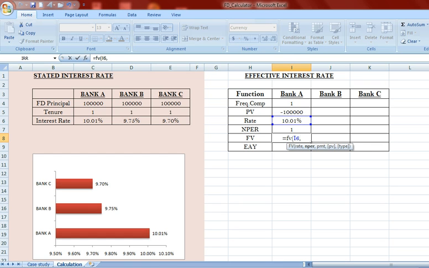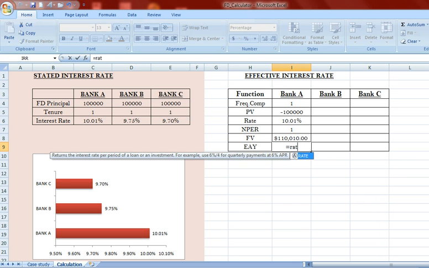10.01%. NPER is 1. We don't have any PMT. The present value is the initial amount which is invested into the fixed deposit. So your 1 lakh of money invested into the Bank A fixed deposit gives you a maturity value of 1,10,000 rupees approximately. Now you need to do a reverse calculation, analyzing and bringing all the compounding factors onto one page to compute the effective annual yield,